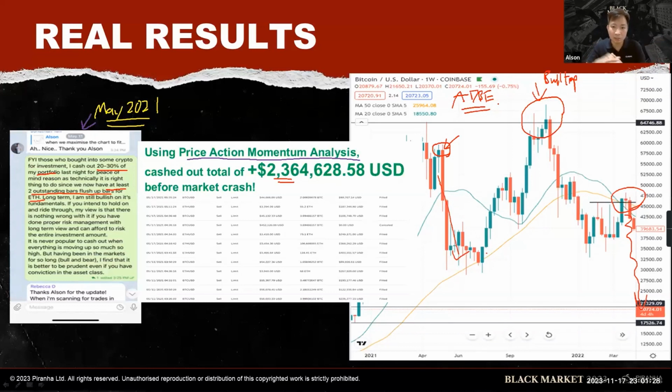Don't think that a 70% or 80% drop only happens for crypto. Some value investment companies, if you see major signs of a top, which is what Adobe had in 2021, if I'm not wrong, it actually had a bull trap pattern, and then the stock price came down 70% and up to today still hasn't recovered. But if you have cashed out some of your positions, you will have bullets to buy